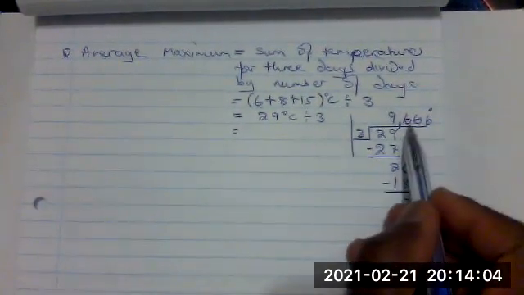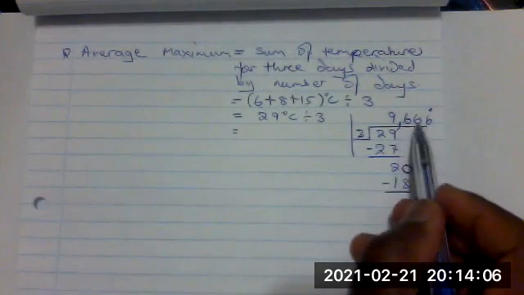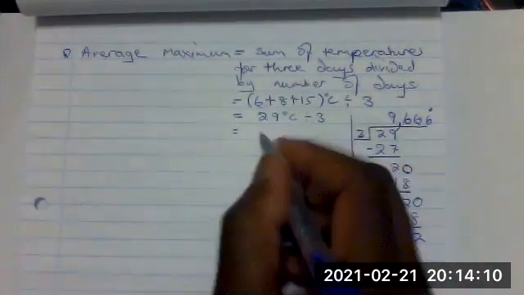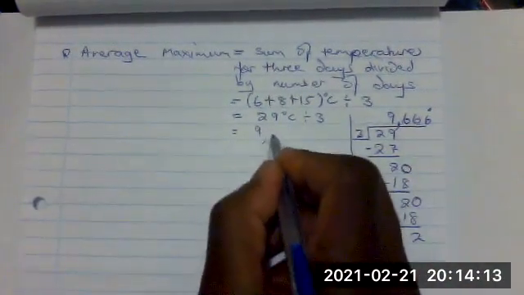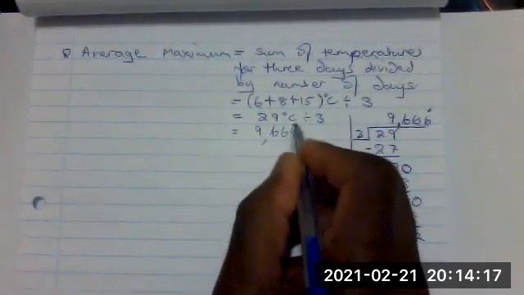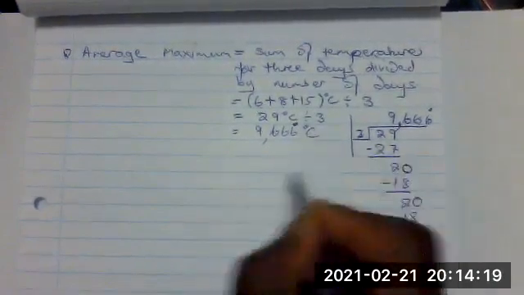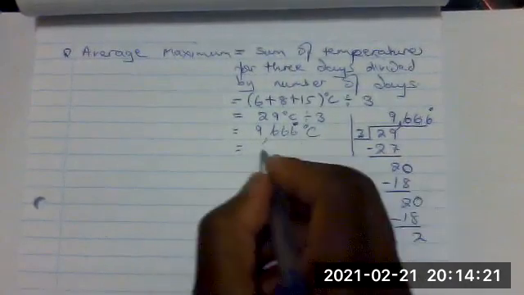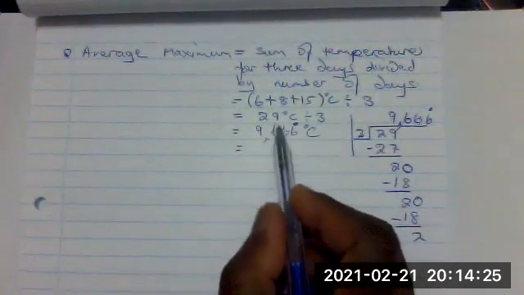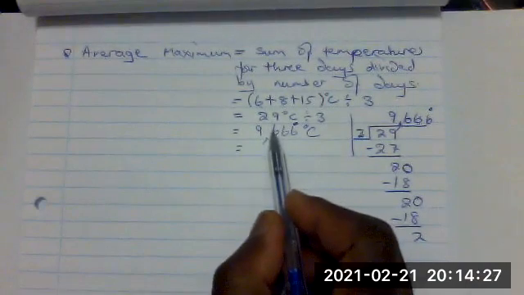So to 1 decimal place, I can just look at the second decimal. It's going to be 9.666 degrees Celsius. So to 1 decimal place,